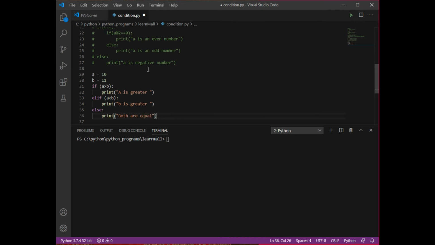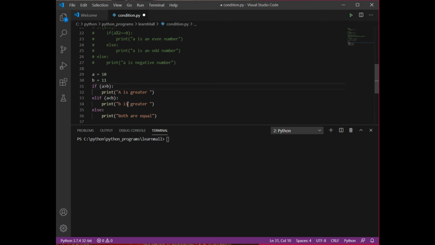So see, in this case I have made multiple conditions, but that was not possible with the help of a simple if or nested if. Now you need to keep one thing in mind: out of these three blocks, only one block will get executed.